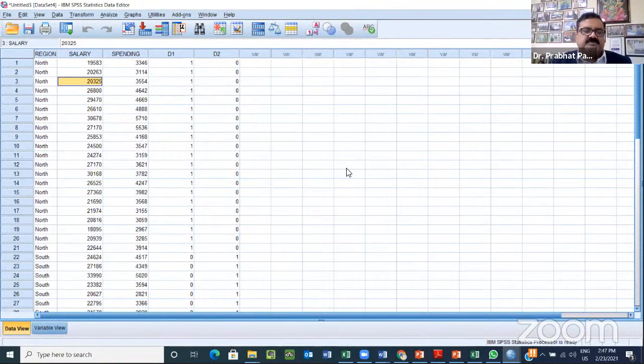But the principle that you have to keep in mind is that the number of segments or parts for which you are creating dummies, the number of dummies will always be minus 1. So if you have 5 categories and you want to see the difference in all 5 categories, then you have to create 4 dummies. And one category will be called the reference dummy. The reference dummy has to be identified, and in comparison to that, the other dummies have to be created.